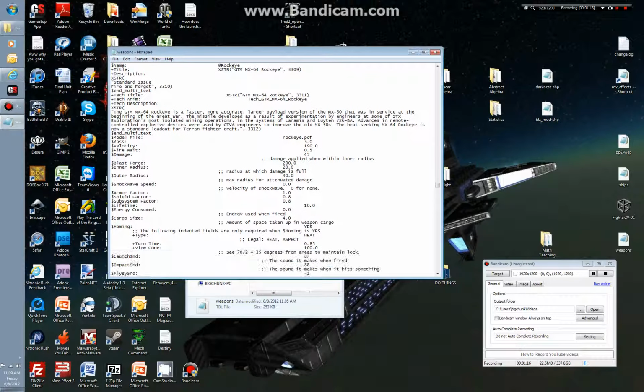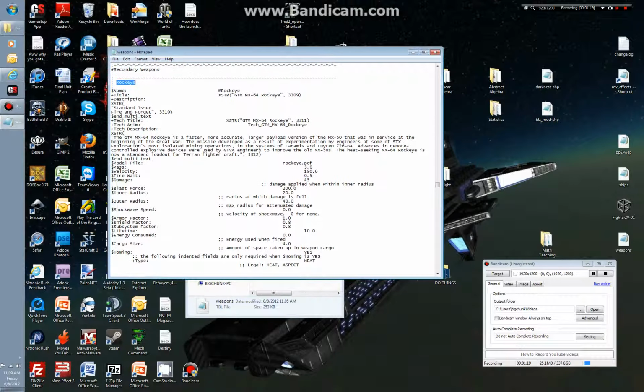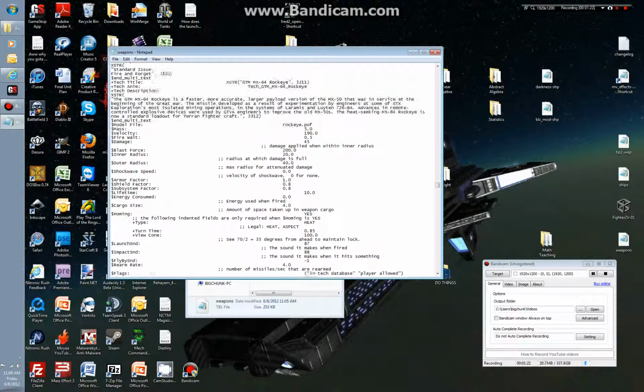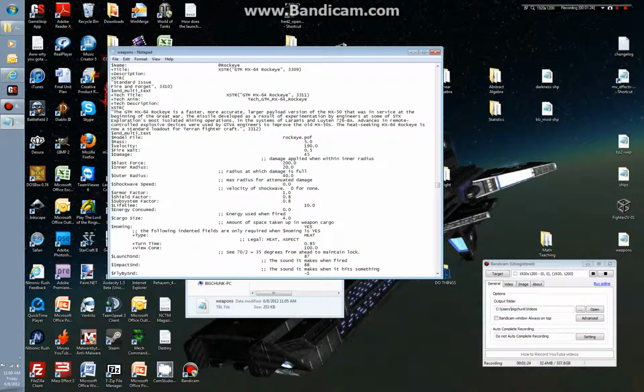But you'll notice that the Rockeye, and you might have to look for a while because you won't know where to look, but take my word for it, swarm is not in here. So what we're going to have to do is add that line to this table. Now you're probably asking, well, why the heck is that even a problem? Just copy paste the line into the table. No. There's a trick to this,